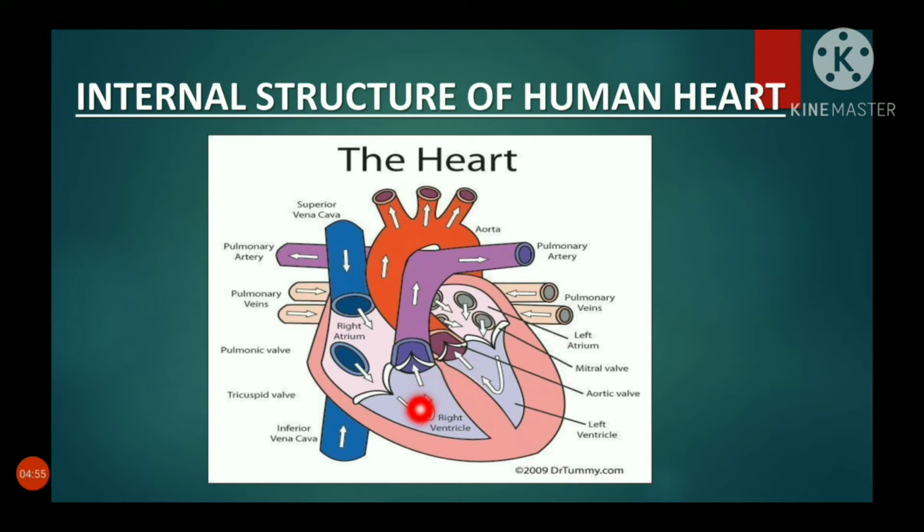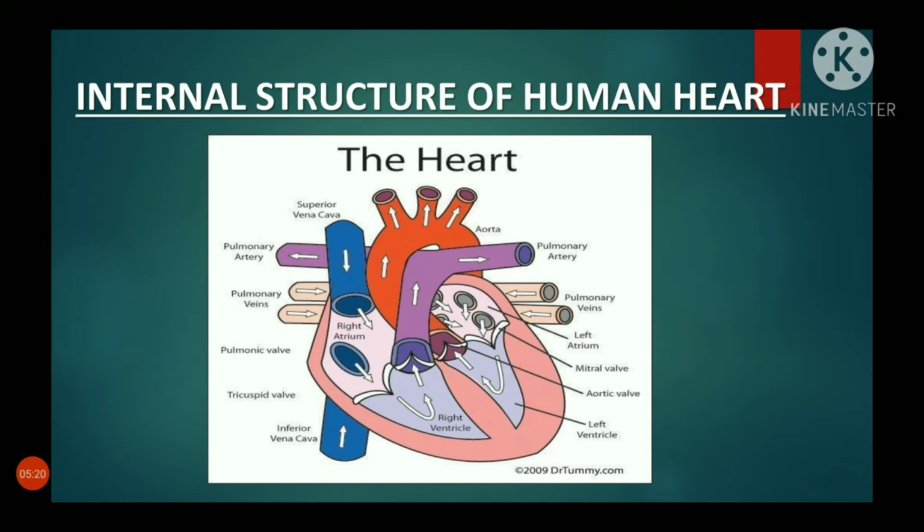The left and the right ventricles have thick walls because the ventricles have to pump out blood with force. They have to pump the blood with force. You can see the U-shaped arrow. They will receive the blood and they have to pump it back. So very thick muscles are present here.